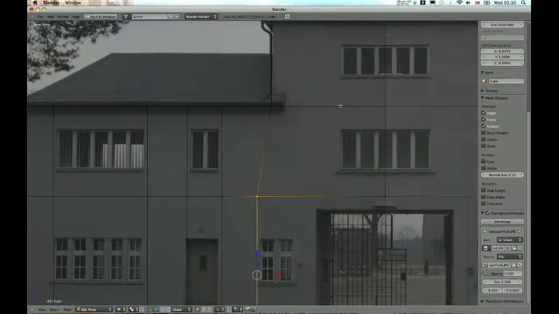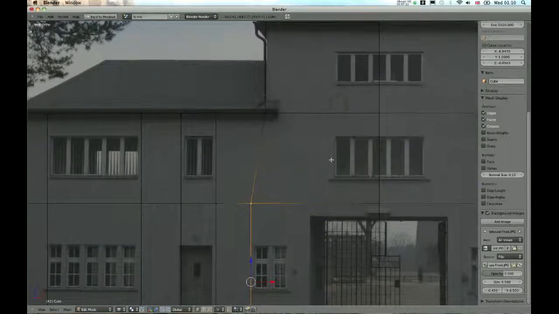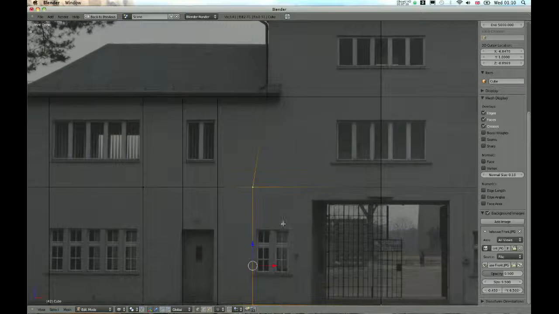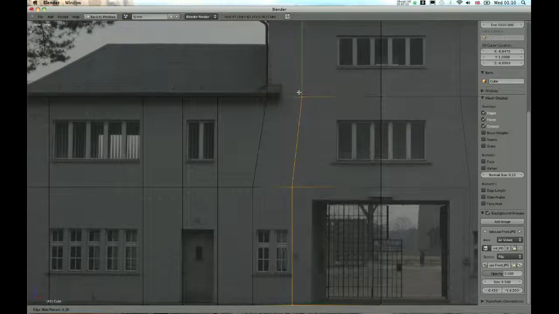Just press Shift and the middle mouse button, and that'll let you have a look around here. So the next one we need to have a look at is the one that goes along the side of this window here. So let's add that in. Control R, and then press the mouse button once, and let's move this into position here. And then when it's in position, press the left mouse button again,